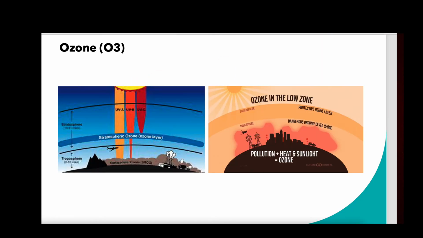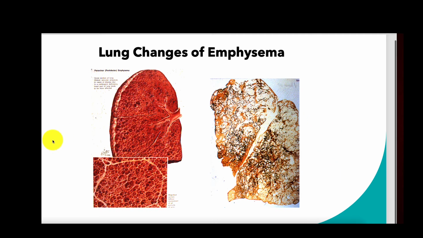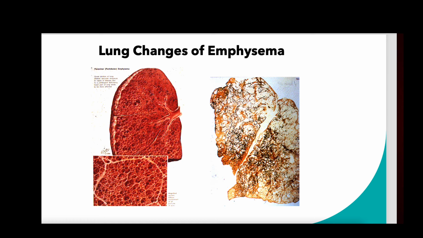And again, emphysema is a combination of ozone, right? A combination of some of that sulfur dioxide and all that other nasty stuff that is actually in the air. And to give you a clearer picture of what emphysema looks like when we see the changes in the lung, you can see here that these little holes, right, are very tight and very secure. But when we get something like emphysema, you can see that those holes get much, much larger. So this would be a lung that has been damaged over a very long time by either cigarette smoke or pollutants or a combination of both.